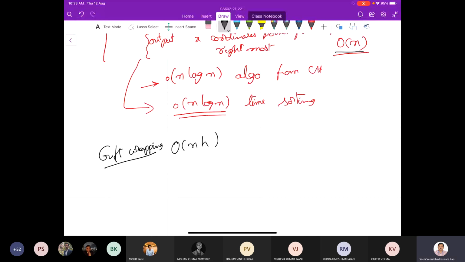So in the worst case, h can be n also. In that case, it becomes order n squared. If h is a constant, it becomes linear. Okay. Similarly, there is one algorithm called the ultimate convex hull algorithm,